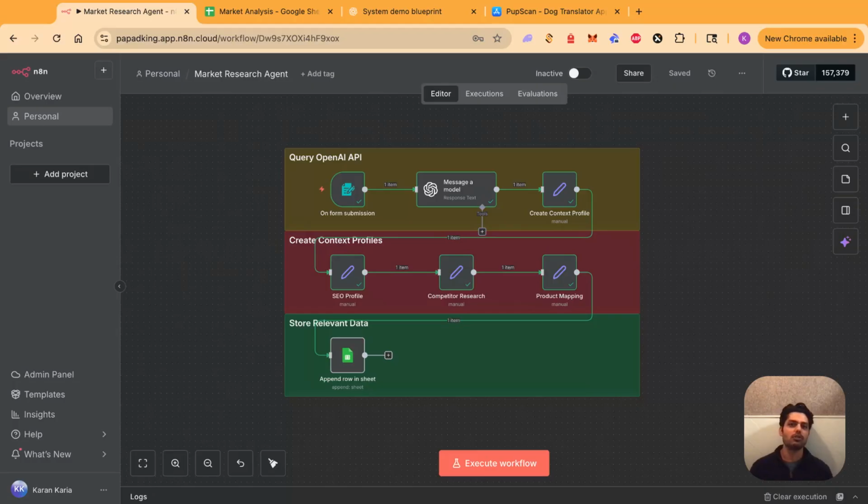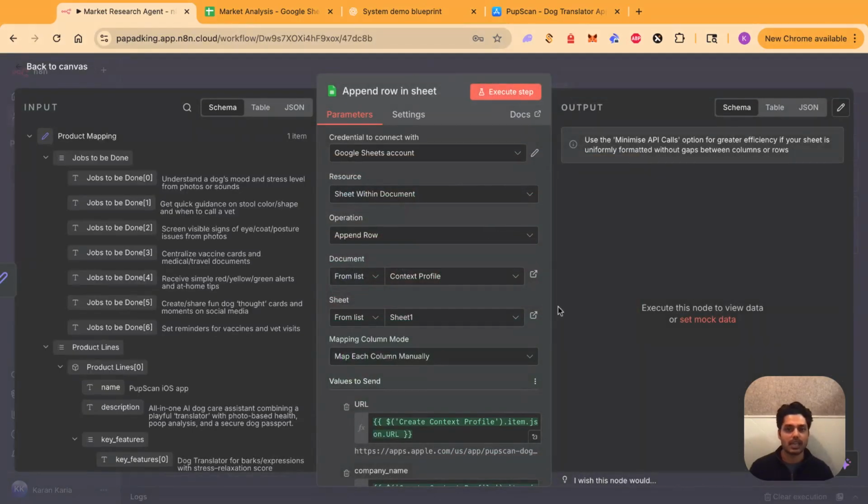If I want to do category trends, I can put it again into that model. I can say, find me the trends for this category with these keywords every single week and compile that into a report. So what we're doing is we're building these separate profiles and these separate sheets that will store everything. And we will then save that data right here in this Google Sheet node. So it's saved in one place and we can run it on a regular cadence,